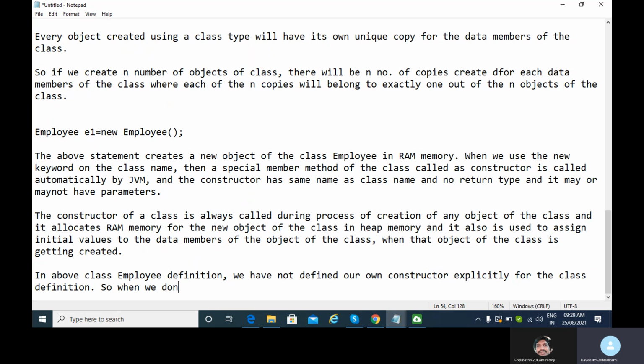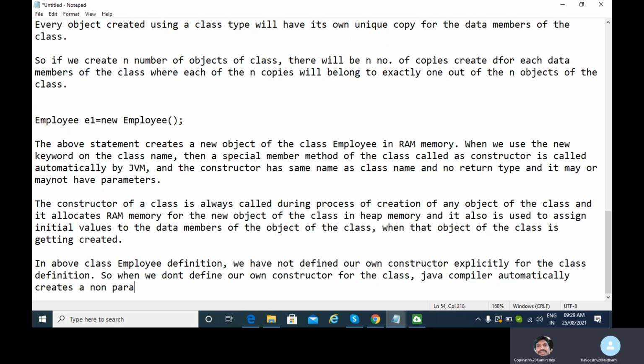So when we don't define our own constructor for the class, the Java compiler, as I told you, automatically creates a non-parameterized constructor at compile time for the class definition, called the default constructor. Clear?